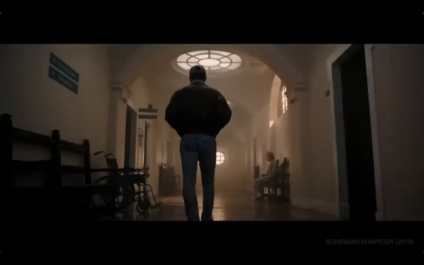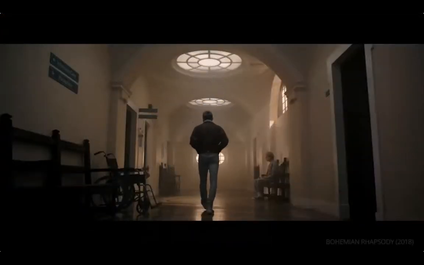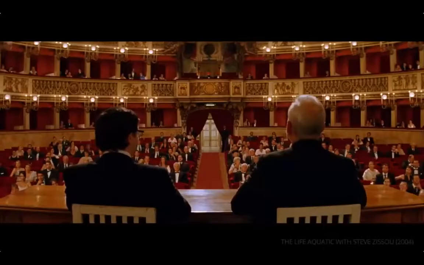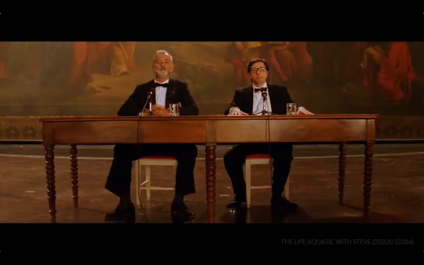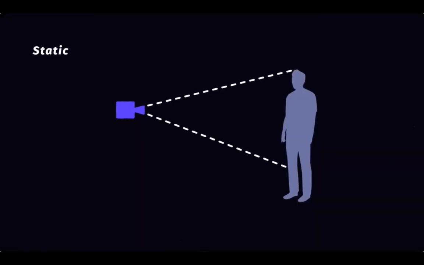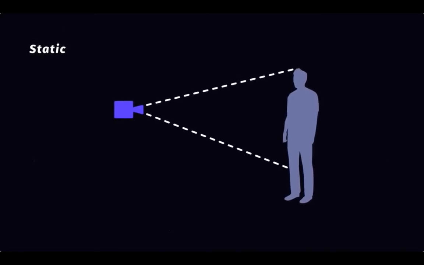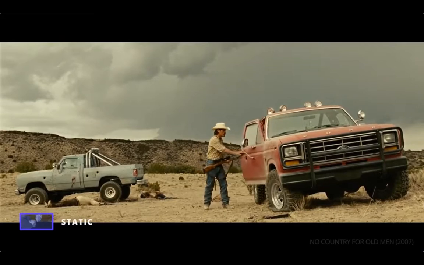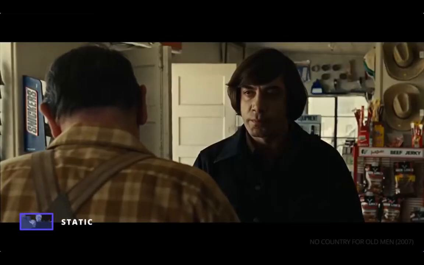Let's begin with the shot that has no camera movement at all. This is the static shot. Static shots are commonly captured by locking the camera to a tripod in a fixed position. The result is a shot with zero camera movement. This is great for dialogue,